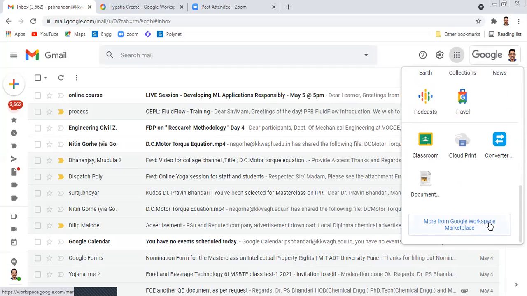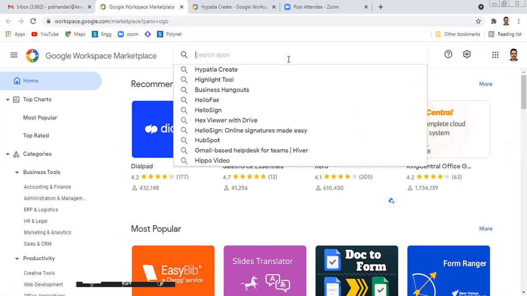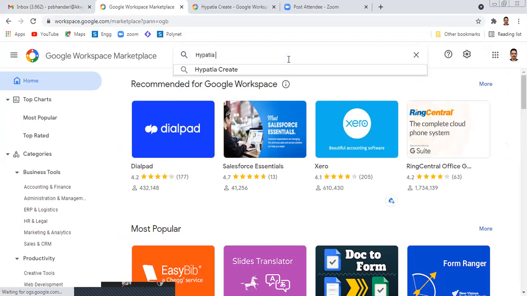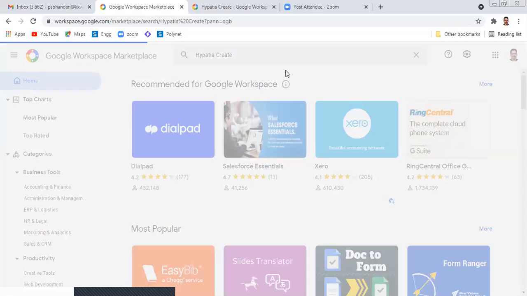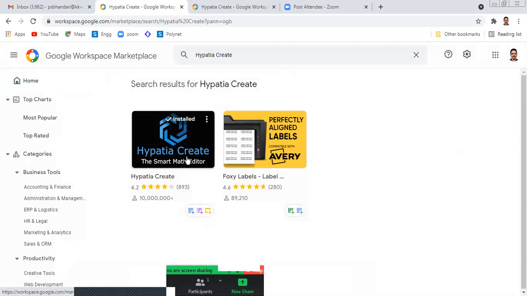You can click on the Google apps and click on more from Google Workspace Marketplace. In that, type Hypatia Create. This Hypatia Create is a smart math editor, as the name displayed there says.